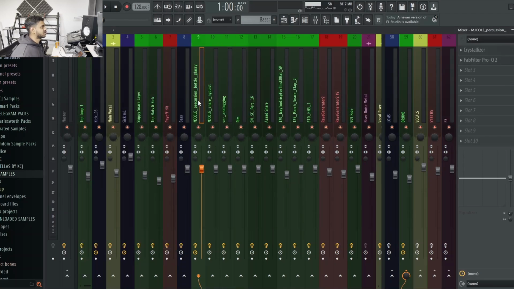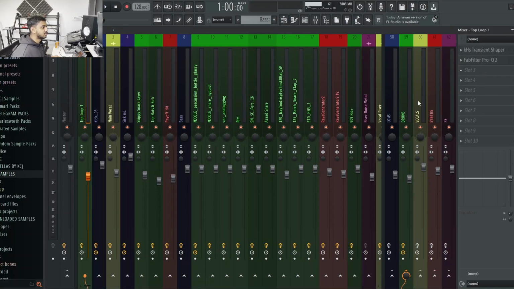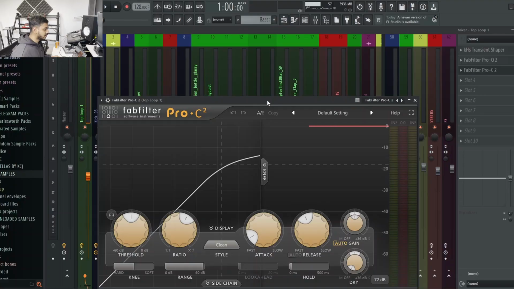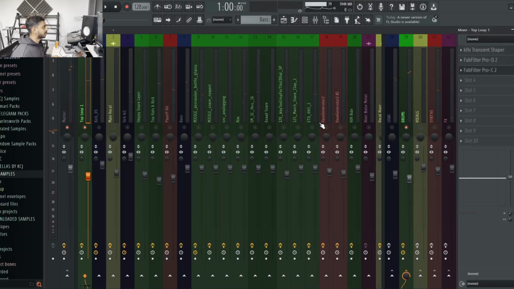And then finally, I'd put a little bit of compression on any instrument that's either lacking a bit of punch and needs those quieter frequencies in the mix to help the punch, or if you've got a drum loop that's just a little bit too inconsistent in volume. So for example, with this drum loop, I'd put the compressor on here and I'd probably just, if I solo it,